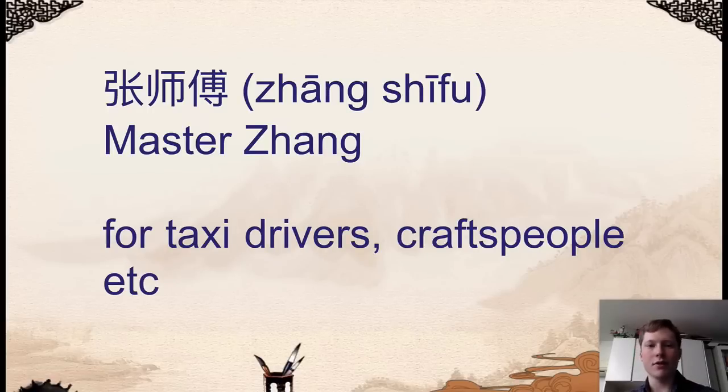And there's another one which you use for craftspeople or artisans or also taxi drivers. And this is 师傅. So to use the example of somebody with the surname Zhang again, this would be 张师傅. So the rough way to translate this would be Master Zhang. And if you don't know their surname, you can just say 师傅. So this is a way to address a craftsperson or a taxi driver, or somebody who is, for example, a plumber or a builder or anything like that. And it's also used in Kung Fu when you're addressing your Kung Fu master. So you might have heard that 师傅 in kung fu movies as well.